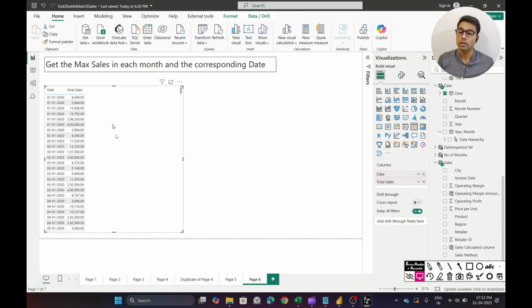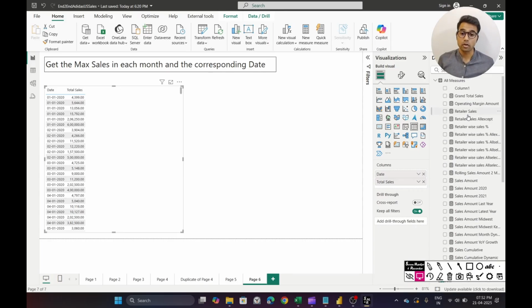Right now, what we are concerned about is to consider 1st of Jan as a whole unit and accordingly consolidate the sales that have happened on each day and, at the month level, find which was the day when the maximum sales have occurred. So now if I pull the sales amount column or sales amount measure on this visual,